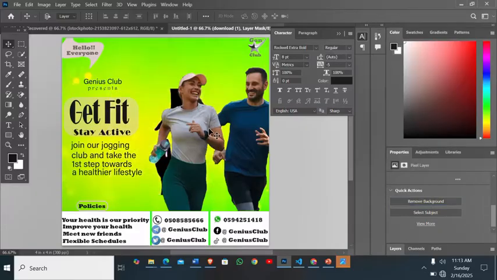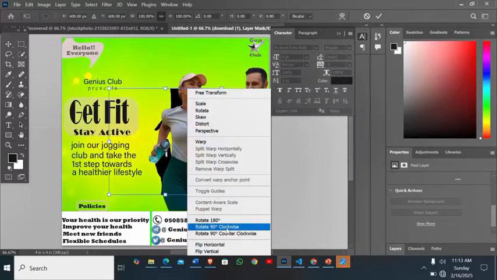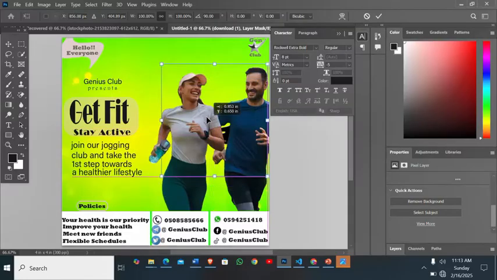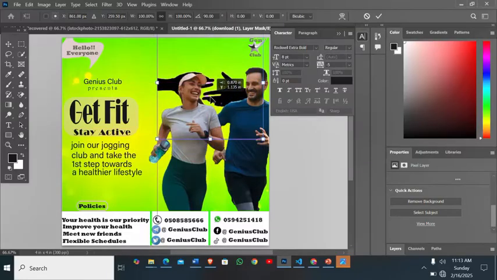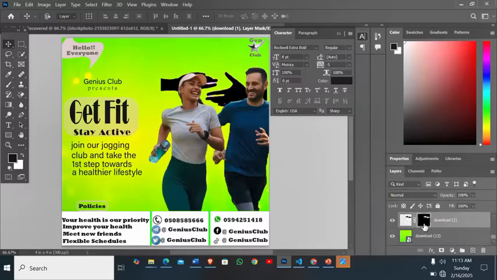So I'm going to press Ctrl T, right click and then flip it horizontally, and I'm going to position it here. So the next thing I'm going to do is blend this